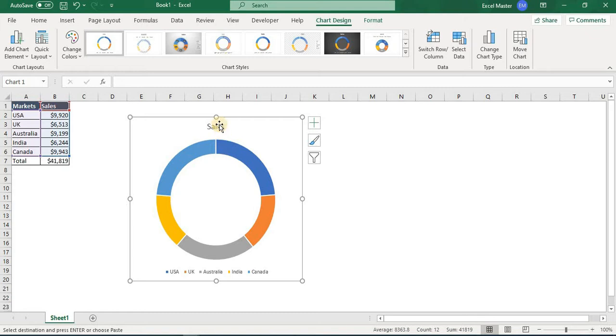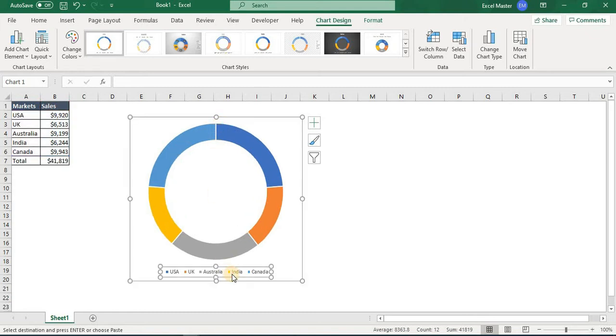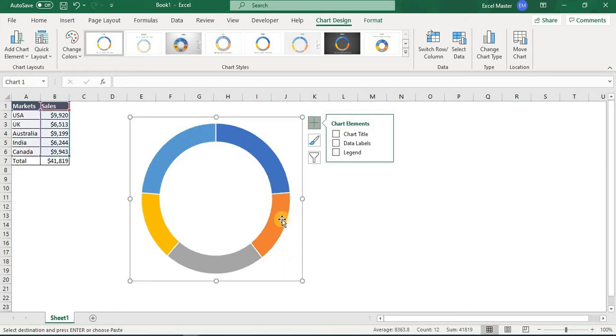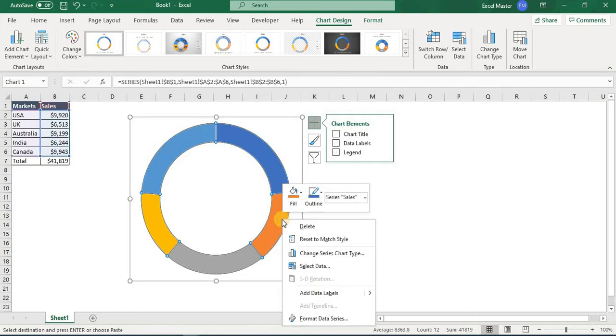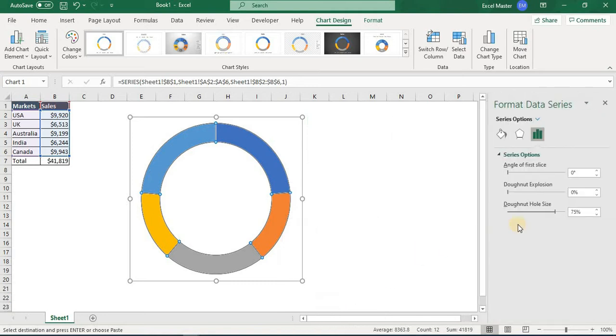Then I'll remove the chart title. I'll remove the legend as well. The chart will be big. Right click, Format Data Series.